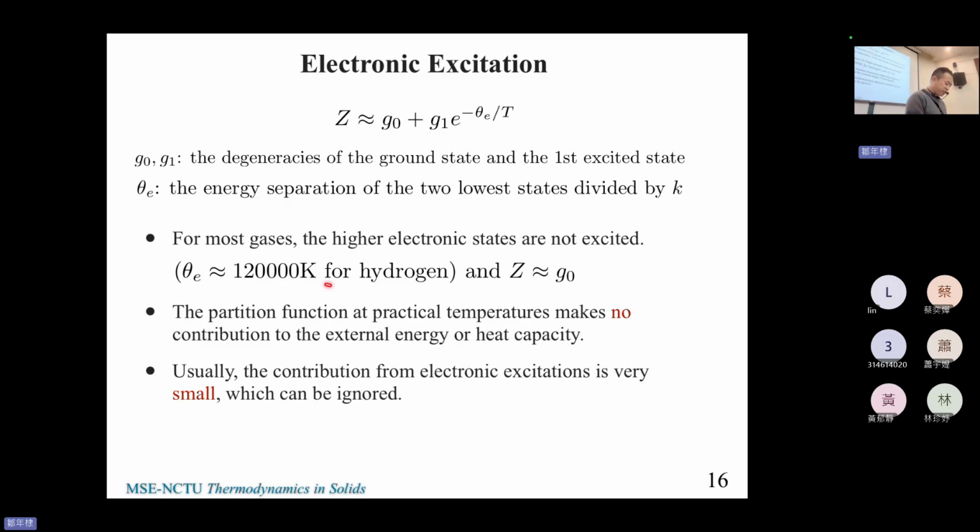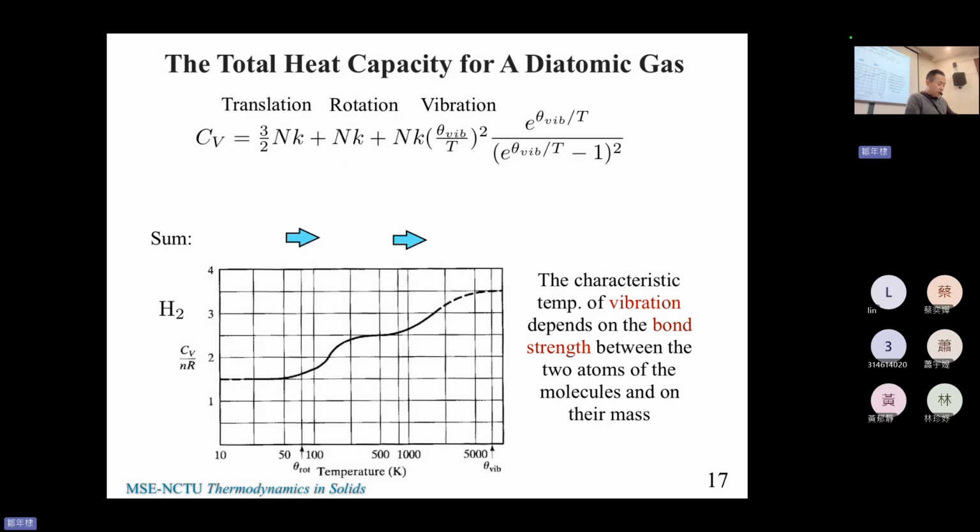This is really difficult to happen in the real world. Electronic excitation needs theta of 120,000 K, which is super high. It almost never happens unless you deliberately do it, so we will not consider it for now. Okay, so now after we finish all the four energies, we can talk about heat capacity